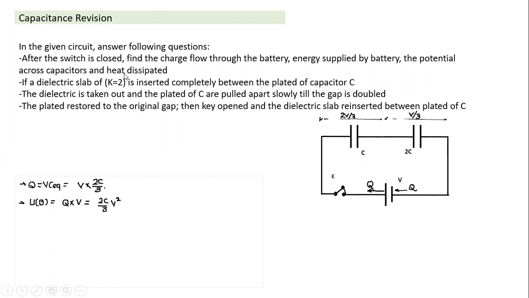How do we calculate heat dissipated here? So the third part, we have to calculate the heat dissipated here. And how do we calculate heat dissipation, and what is the basic principle behind it? See, if I look at the entire thing here, we typically make use of something like this. In mechanics also, we write work done by non-conservative force is equal to change in potential energy plus change in kinetic energy.